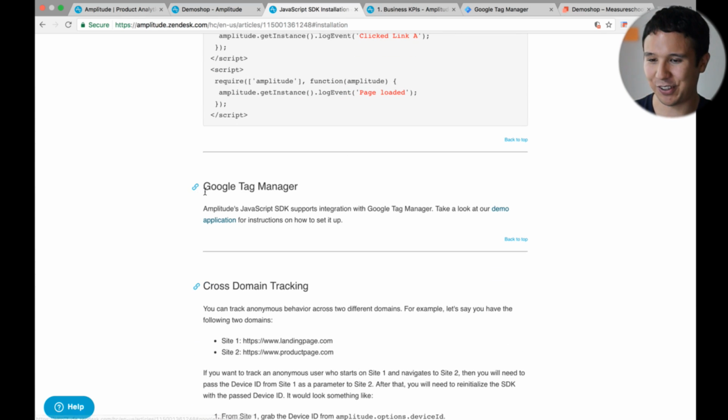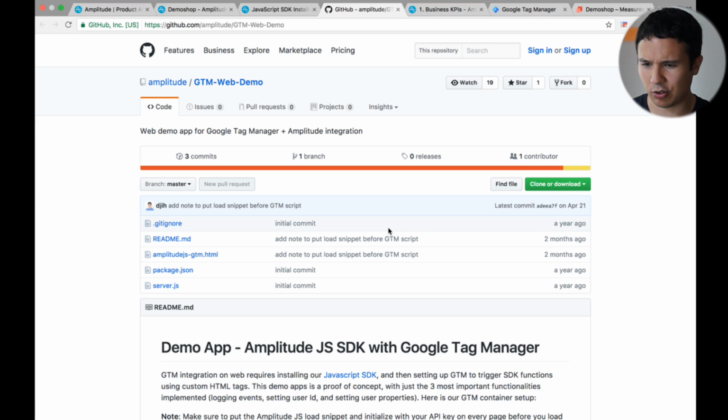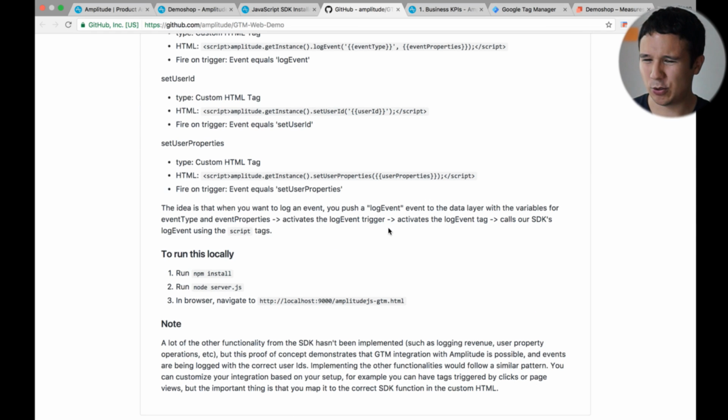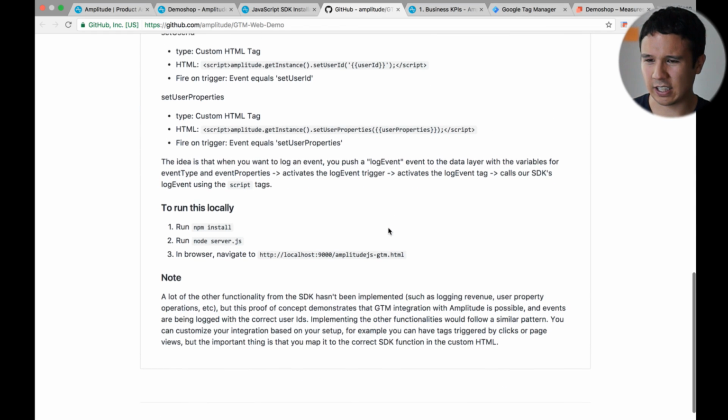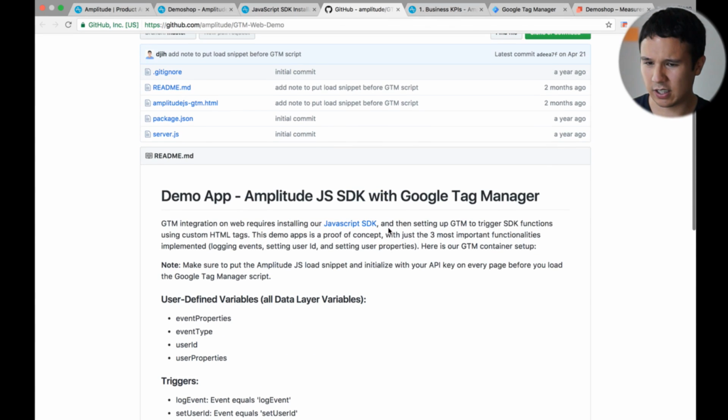Okay, now here comes a funny part about Google Tag Manager. Now they asked me to install this with different tools like Segment and so on. But I didn't actually see Google Tag Manager. I Googled for it, but I couldn't find it. But it's pretty straightforward. If you have an instance of Google Tag Manager running on your site, you can just take the normal route of installing the custom HTML tags here. They have a GitHub repository here, but somehow you need to download it to see it and install it on your Node.js server, I think. So yeah,